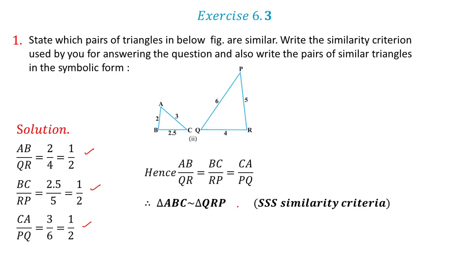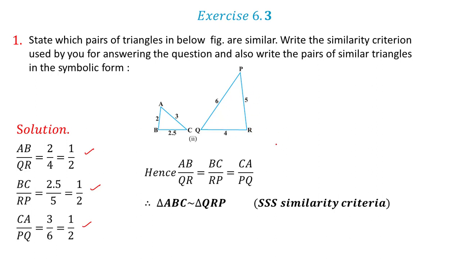Now again, before taking these ratios, I try to maintain the correspondence. Now AB, when I write AB I started with A and write AB. So for AB, the corresponding side, I could have written QR or RP. Now whether I should write QR or RP, for that, see here. From point A, AB is 2 and AC is 3, which is the longest side. So here, if you take point Q, you have QR 4 and QP 6, which is the longest side. QP is the longest side. If you take point R, then you have RQ, which is 4, but RP is not the longest one.